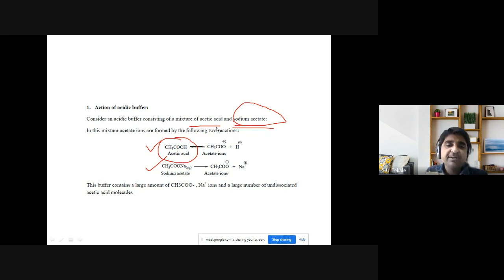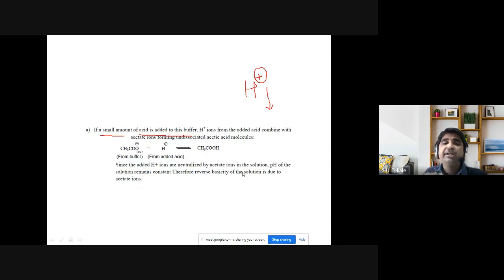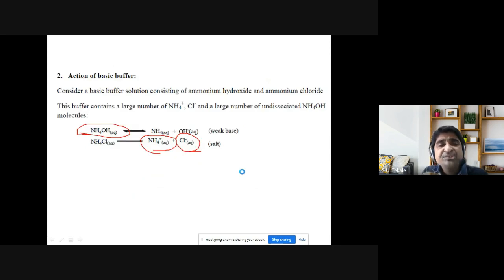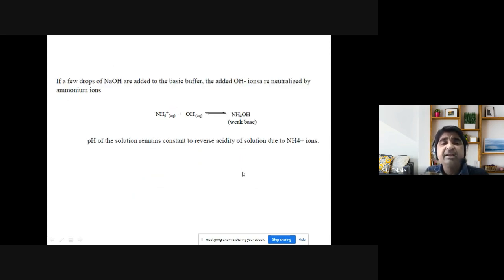So this acidic buffer will consist of a large amount of undissociated acetic acid molecules, a large number of acetate ions and Na plus ions. And what will happen if we try to add some acid or base? In both the cases, either in acidic buffer or basic buffer, the concentration of the ions which are already there are trying to maintain the pH of the solution, and that's why pH of the solution tries to remain constant, and therefore we say that buffer solution